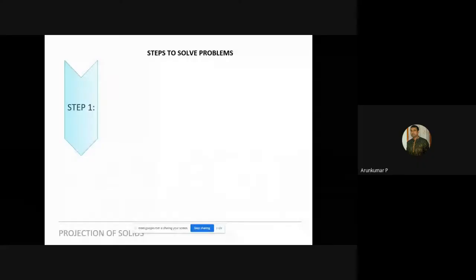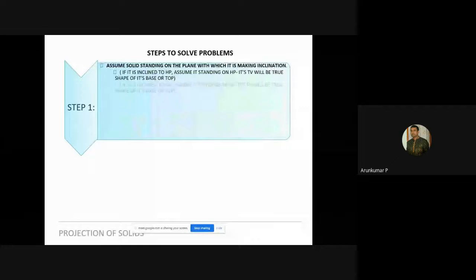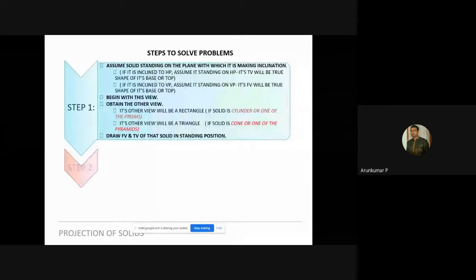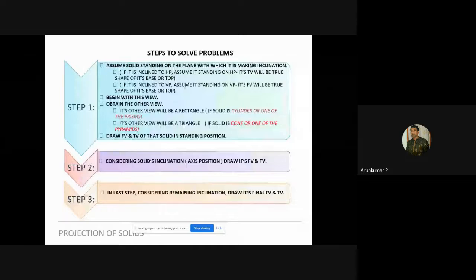Very similar to that, you will have 3 steps in solids also. That's what is highlighted here, and this is of course with respect to VP. Just to show you the concept and steps, I'll tell you these are the steps involved, but you will not understand these steps till you take a problem and solve it. So there's no point in discussing these steps right now. Once we take a problem, then these steps will make more sense.